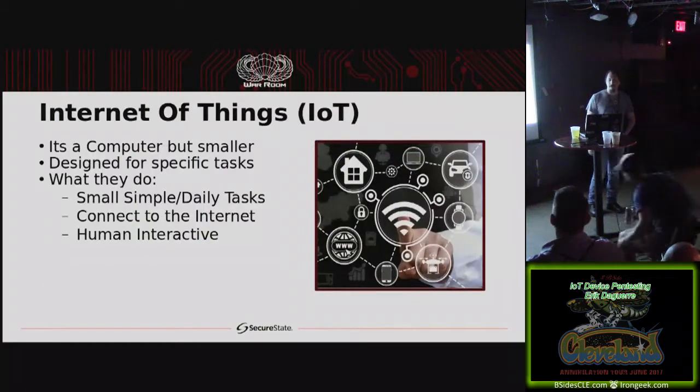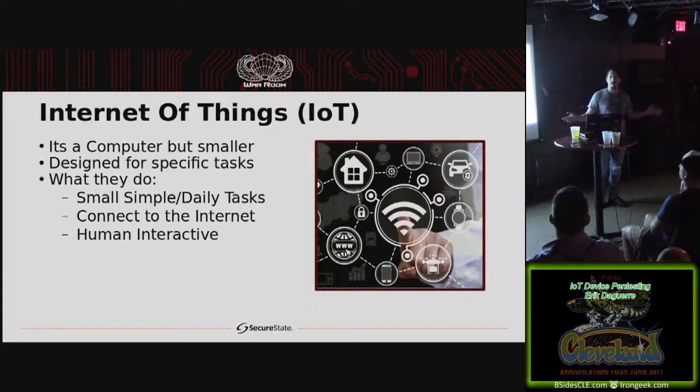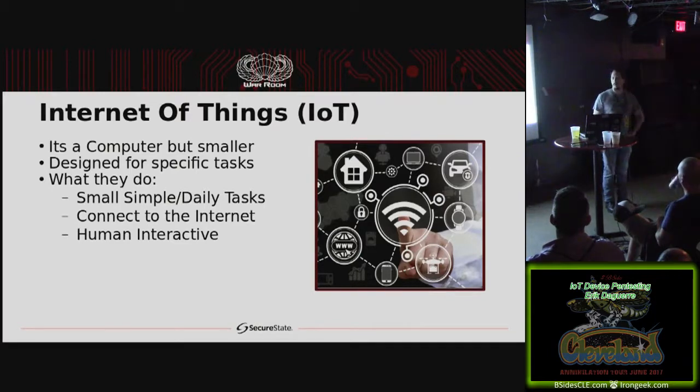So Internet of Things, what is it? It's actually a computer. Realistically, when you break it down, most of them have a really small ARM processor and a little bit of memory, RAM, and they do things repetitively. They're designed to make your daily life better in one way, fashion, or form or another. Sneakers that talk to the internet, I'm still trying to figure out what that's good for. But anyways,